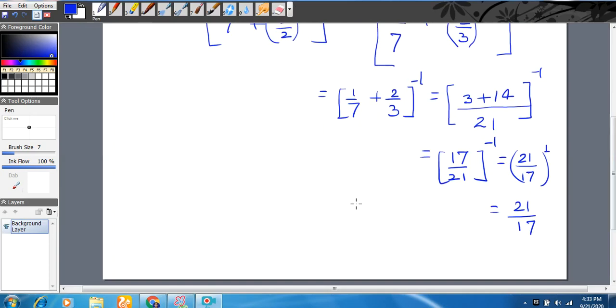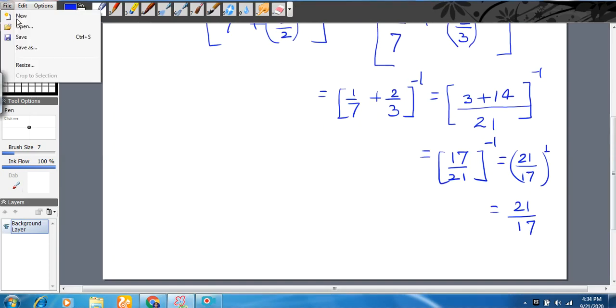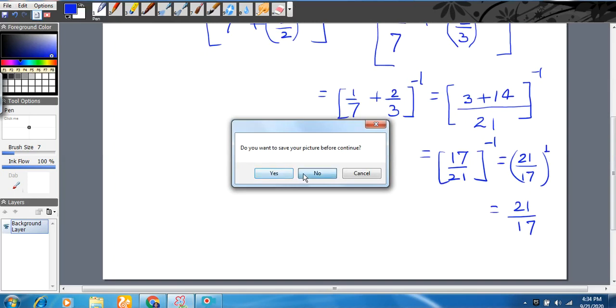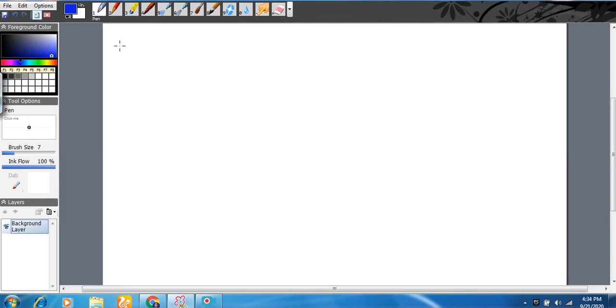Okay, the answer is 21 upon 17. And the second part is also very important. 11th question, second part. The question is (5 power minus 1 minus 4 power minus 1) whole power minus 1